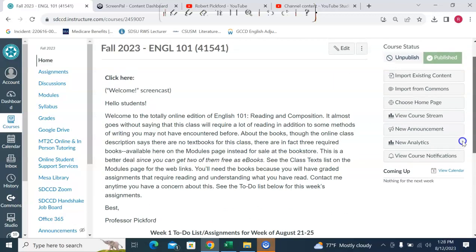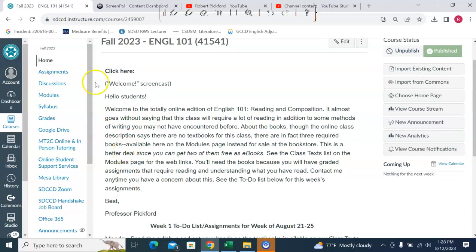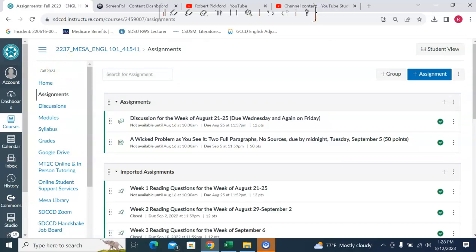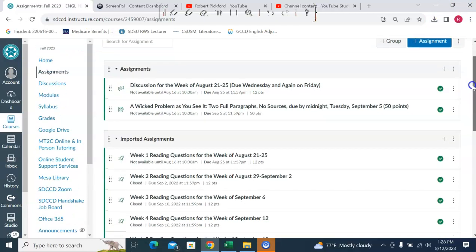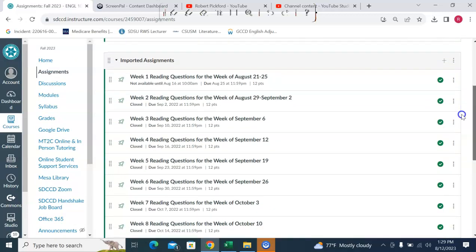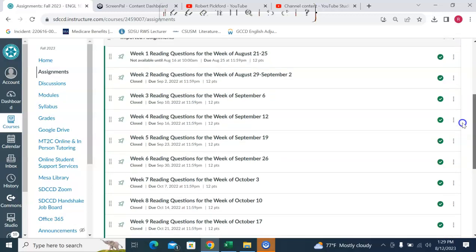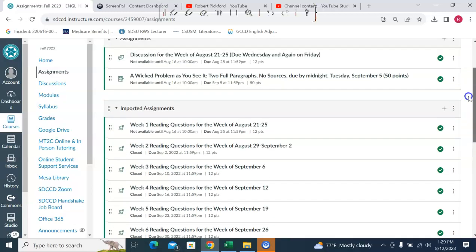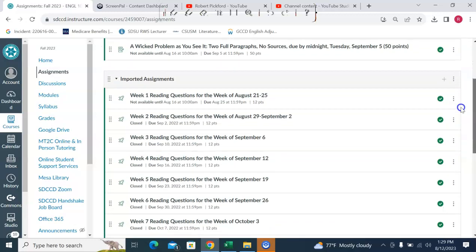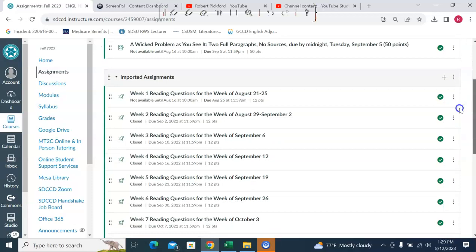And you can see that besides the calendar page, you can also see assignments here on the assignments page. There's a discussion due Wednesday and Friday, like I said. There is a writing assignment. This one's a short one. And just something to get you going. And no sources required. Your own head is all we need for that. And keep it attached to your body by all means.